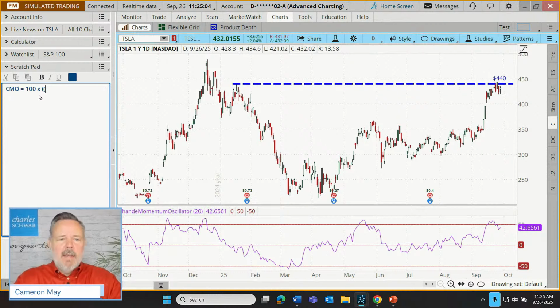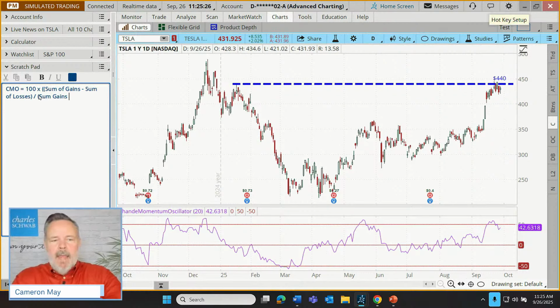And this is going to sound like a lot, but we take the sum of gains, in fact, the sum of losses. This is going to sound like a lot. I'll give you a current example to really demonstrate how this works. And then we take the sum of gains and add it to the sum of losses. That's actually the whole indicator right there. Sum of gains minus sum of losses divided by the sum of gains plus the sum of losses times 100.